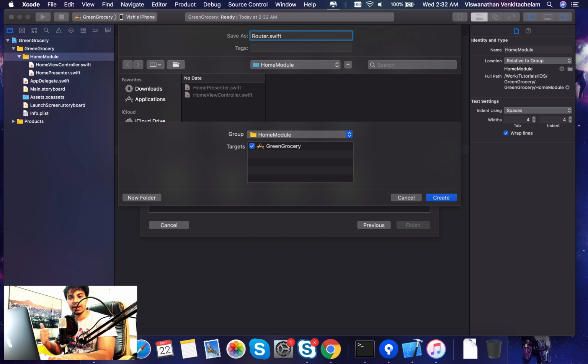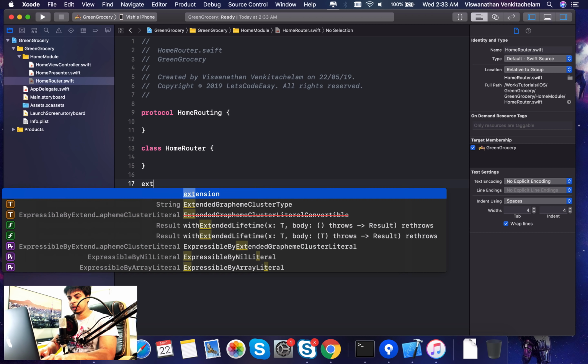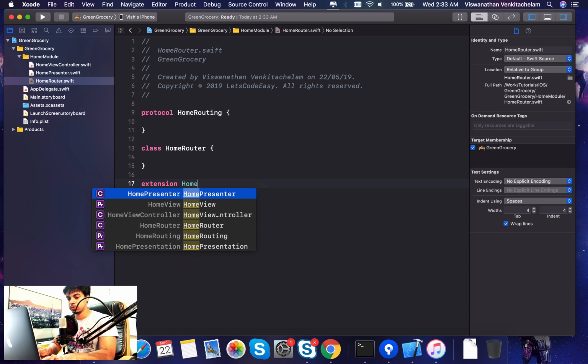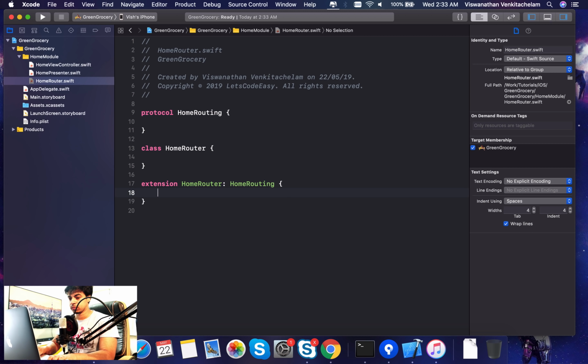So let's just create the router part first. Home router, let me just call that class home router. Similar to how I created protocols for the other sections, let's just call it home routing for this and create an extension. Home router will implement the home routing. So again, just plain